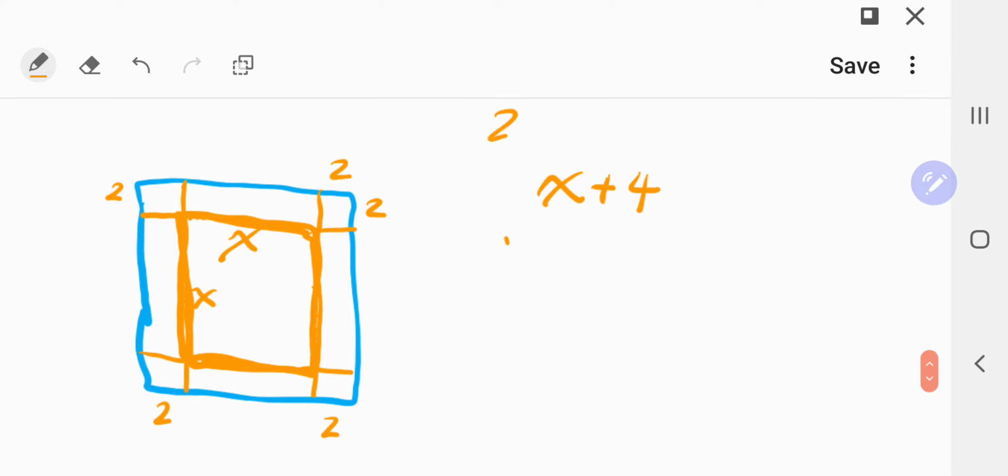Well, you could look at it like this. 2 plus x plus 2, which is x plus 4. That's one side times the other side. x plus 4 times x plus 4 equals